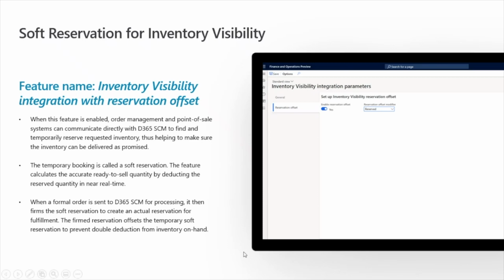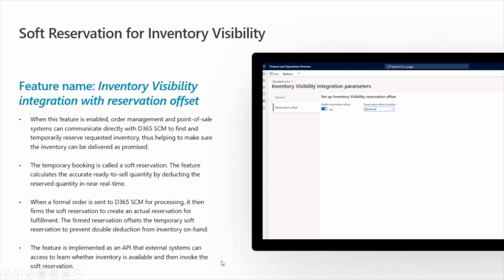And then the next time the inventory visibility service calls for the inventory position from Dynamics, it's no longer that calculation of, on hand minus soft reservation. Well, it's technically the same calculation, but now the soft reservation has been actually offset in Dynamics. So that amount is reduced and the soft reservation is technically zero now. So that's your new starting position for further orders.